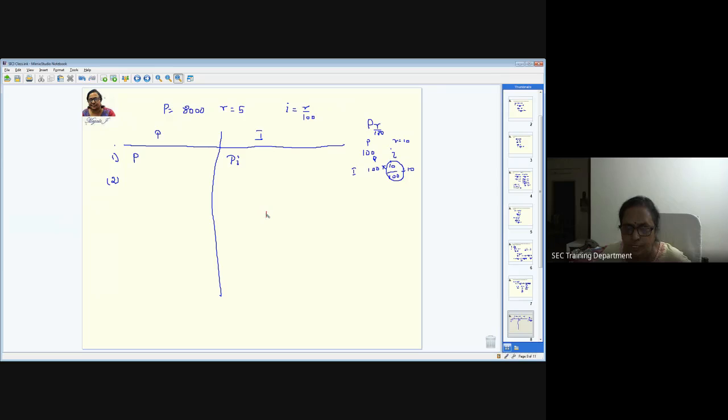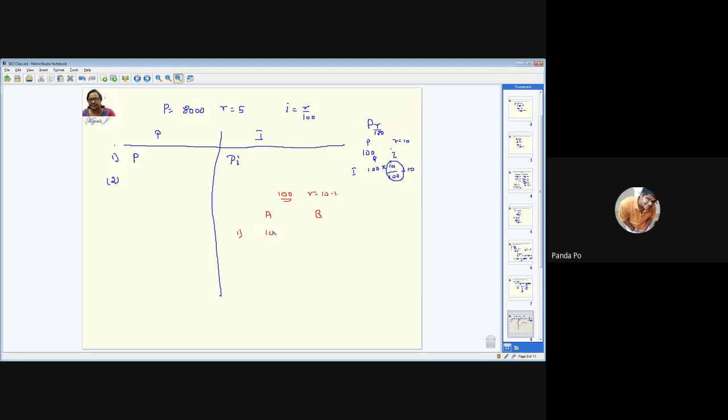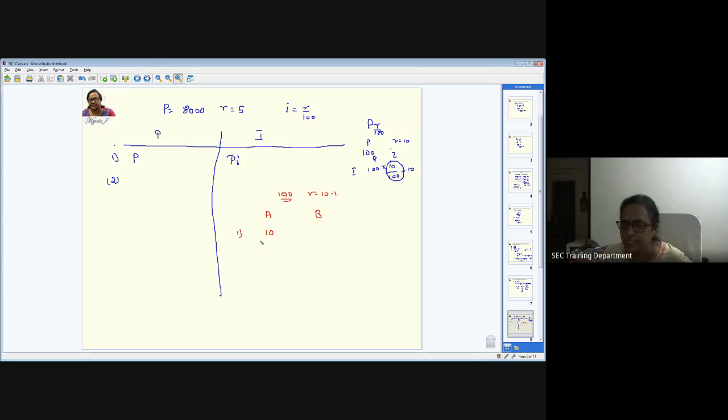The two persons A and B are going to borrow 100 rupees each. Okay. And the rate of interest is 10% per annum. So when A borrows this 100 rupees in the first year, what will be the amount he is going to pay? 10% is the interest. So he will be paying 10% interest, correct? Or I can say you're depositing money. You take it in that way. You're depositing the money. He is depositing at simple interest rate and B is depositing at compound interest rate.